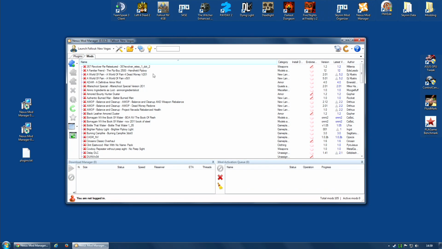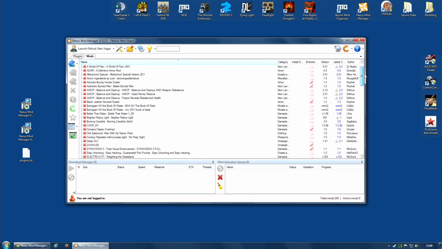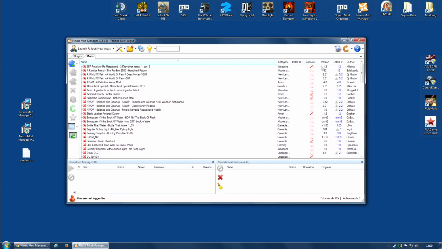And I have gone back. Now you can see all of the mods are still there. The mods are still there. They've just not been activated. So I can go along to Tools,